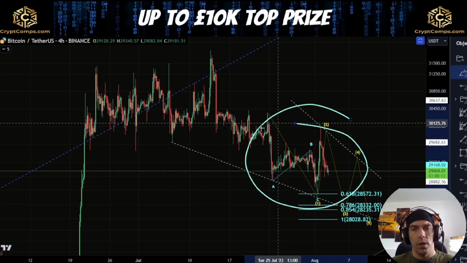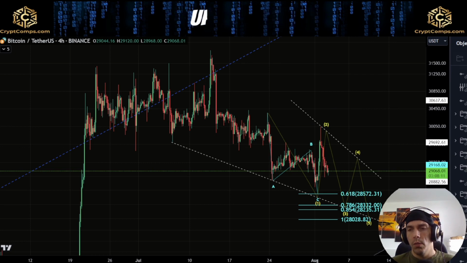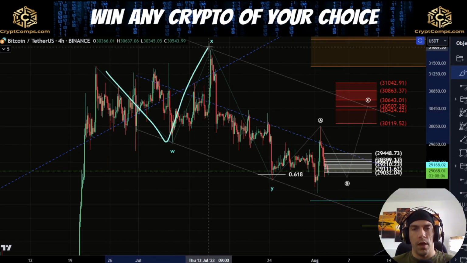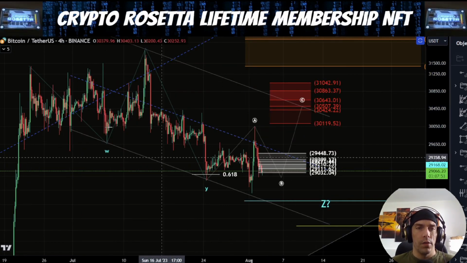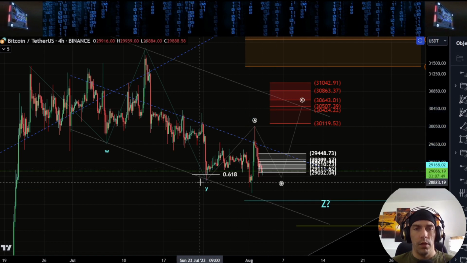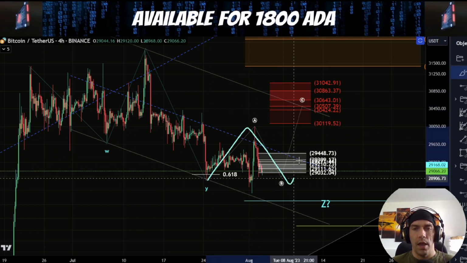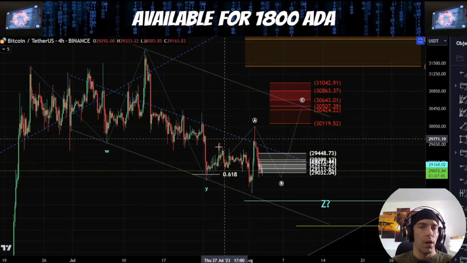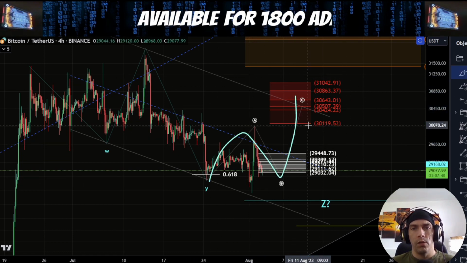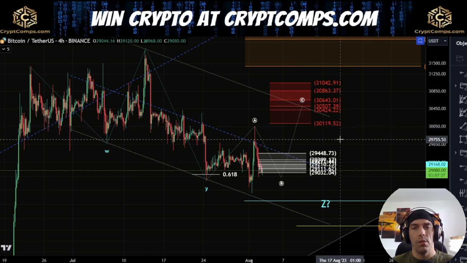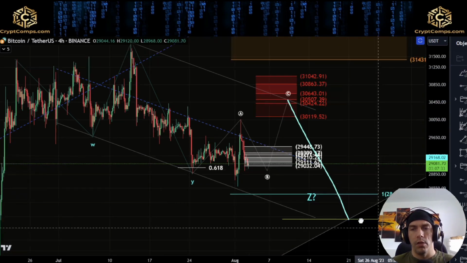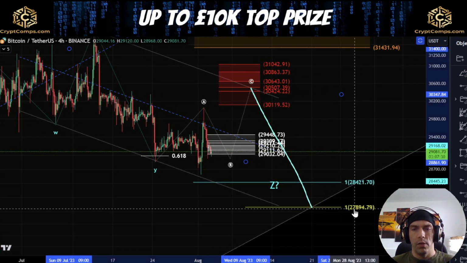But now, if we are talking about this more locally here, what we were talking about in the previous video was that potential that this is W, this is X, and this is Y. Now, if this is a WXY and we're going to look to form another X wave here, what we could then see is the potential that this becomes A, B, and C to the upside. So if we do just see a 3-wave move up here towards this 31,042 to this 30,119, we need to be very careful of that idea that we could still see continuation to the downside, looking to bring us back into this area here of this